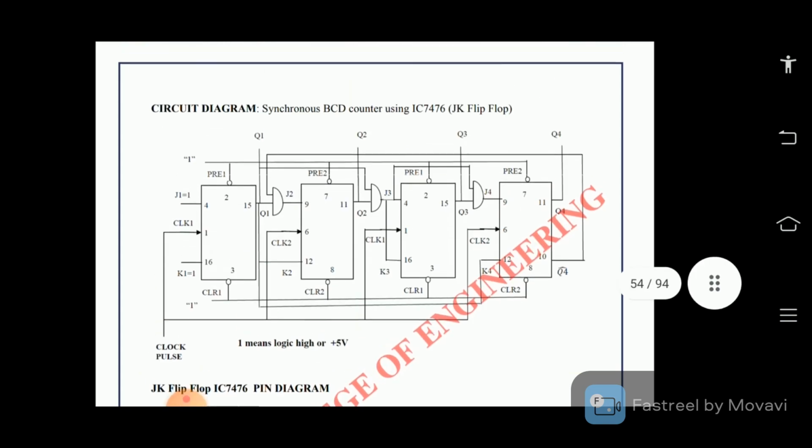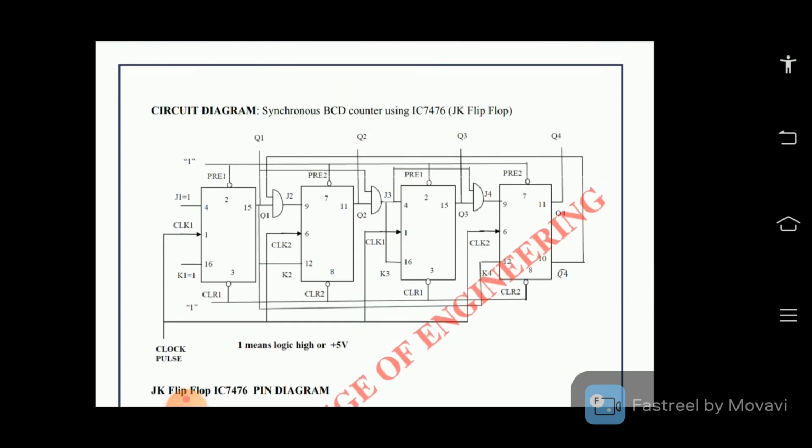So the main procedure of this circuit diagram is we need to connect all the components as per our circuit diagram, and we need to apply the input and verify the truth table of the counter. So here these are all the components, and the 7476 pins and every other thing have to be connected with the help of connecting wires in our trainer kit to construct the circuit diagram.